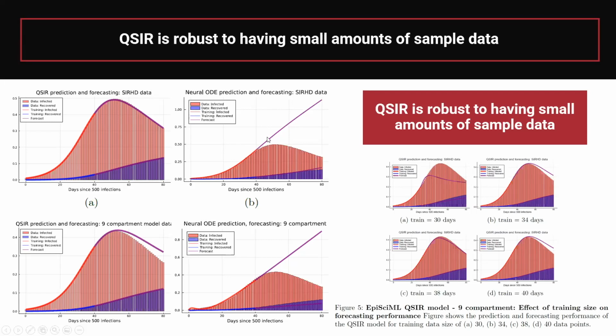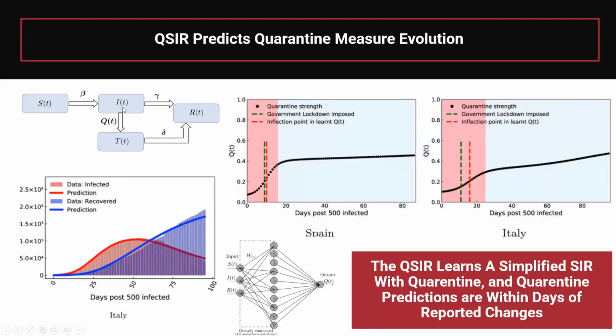So here you can see that the forecast goes to, this is a normalized population amount. So it's the percentage of the population that is infected, right? And the percentage of the population that is infected goes above 100% for the pure neural ODE form. Well, it's because a neural ODE just says that this is an ordinary differential equation. The QSIR model says S goes to I, goes to R, goes to T. They should always add up to 1. Right? So these things that should be true about the model are all imposed,